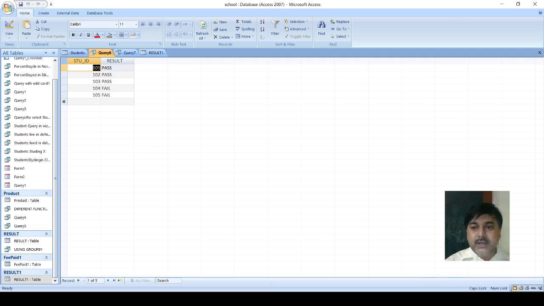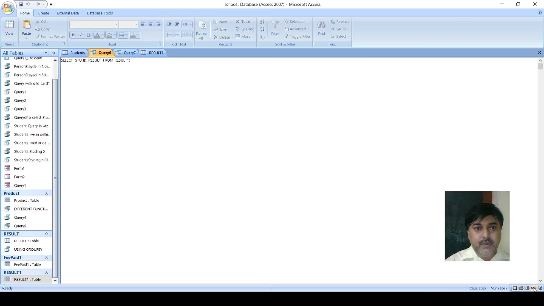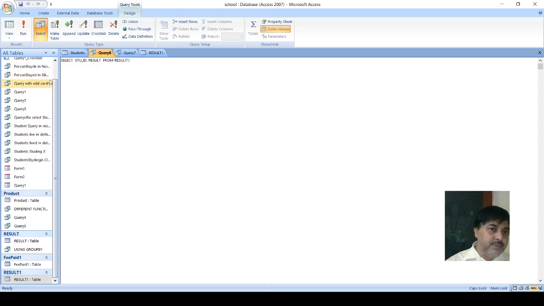Okay, now let us implement the where clause. Suppose I am giving here select asterisk from result 1, where, we can come to the next line also, where I am giving some condition: where result equals, within single inverted commas, pass.